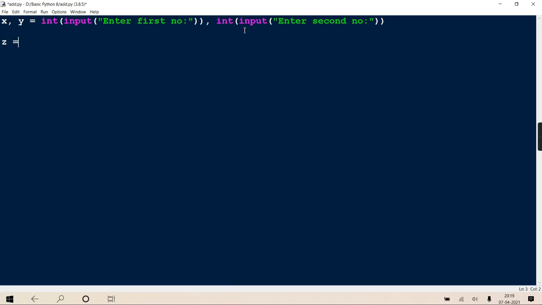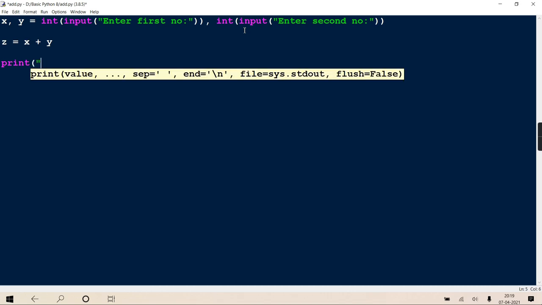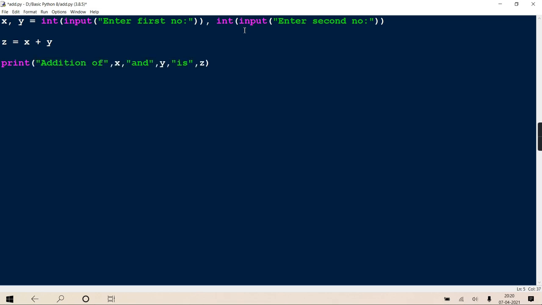Then I'm collecting it in z, x plus y, because the program was the addition of two numbers. Now you display it. Different ways are there to display. Suppose I want to display the answer like this: addition of x, comma, and y is and z.